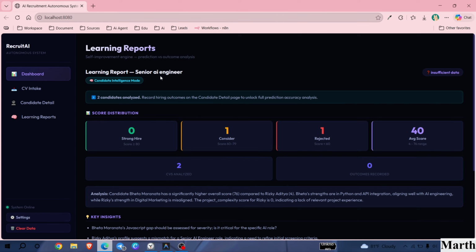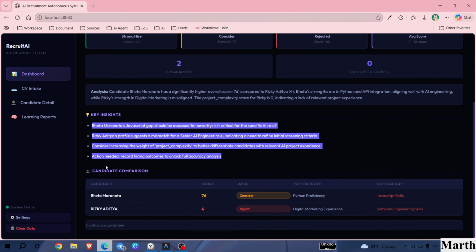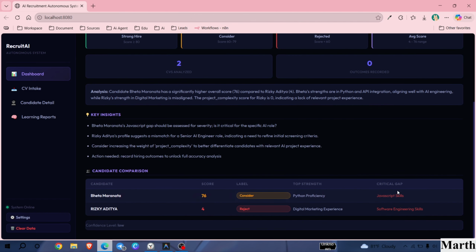This data will train this agentic AI automatically. So more executions, more data, more information will make this AI stronger, more accurate, and increase the confidence of the scoring, screening, and qualifying. We have the score distributions, average score, rejected. We have the key insights and candidate comparisons.